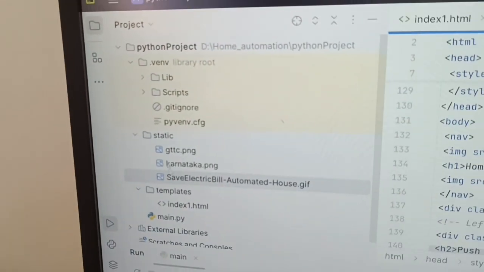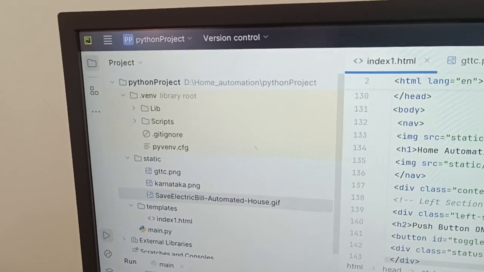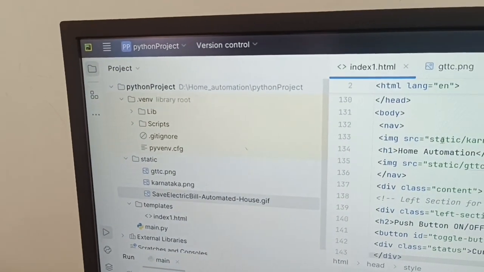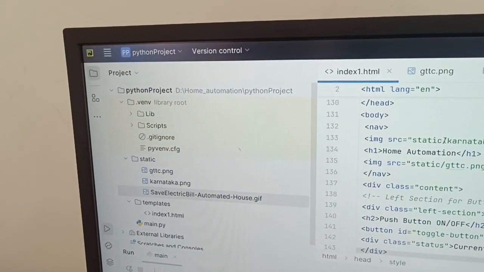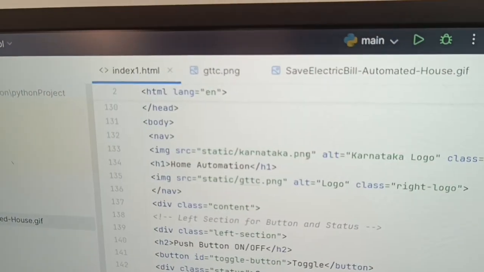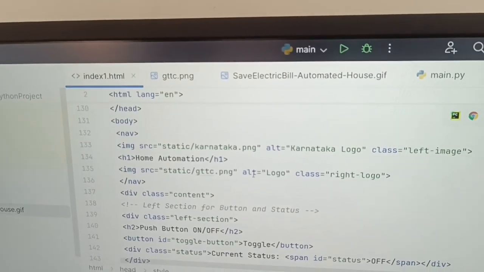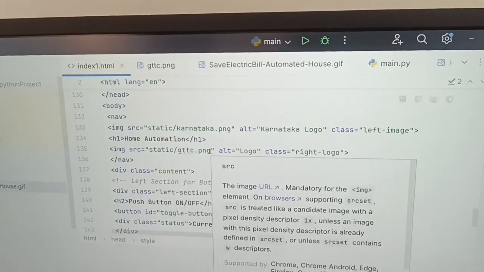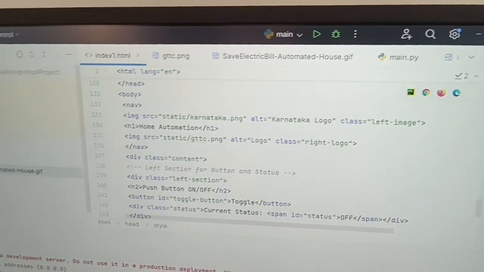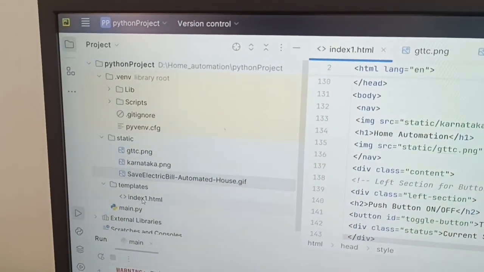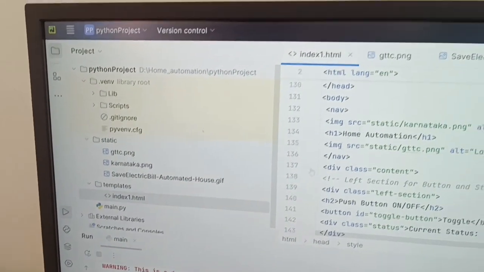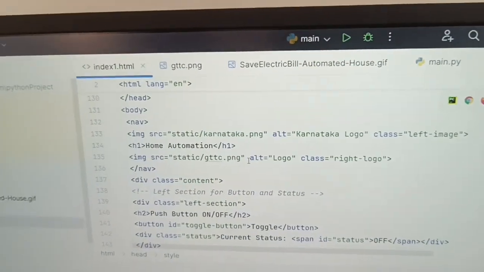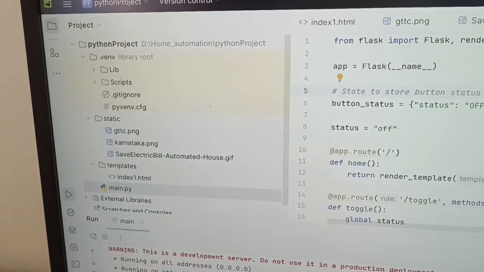For that, now we have added all the images here, and in the web page also we have added the folder path like static slash that image name. Here static slash karnataka.png, gtdc.png. You can give any name to your image folder also. After that, in index templates, I have created the index1.html, that is our web page itself. Apart from that, here is our main file in which